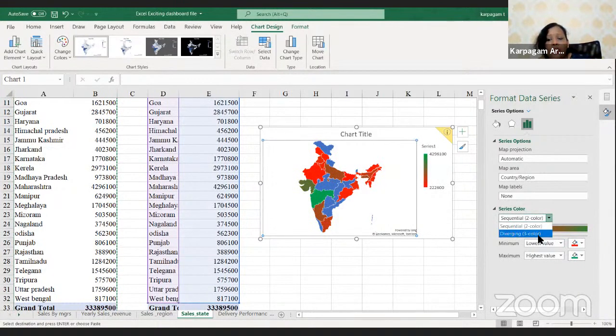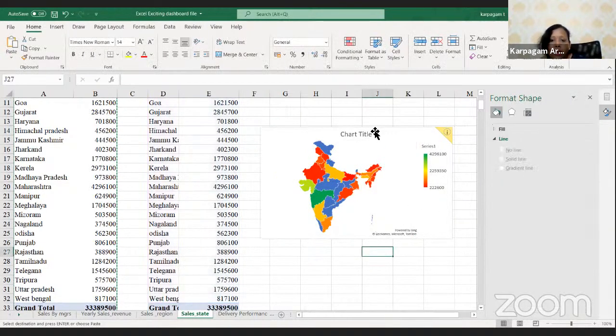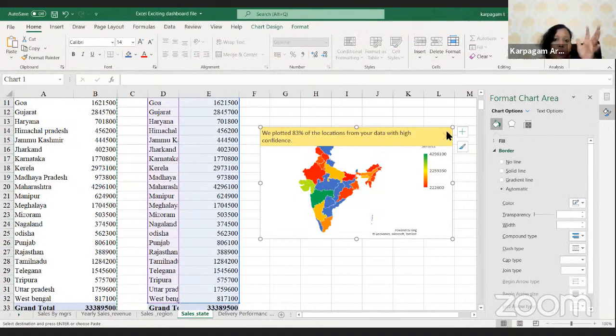When you want to bring in lots of eye for detail, then it's always better to stick to three color data. Now, going back here, one important piece of information I want to show you. When you click on this, it shows 83% confidence. Sometimes you may have 60%. Sometimes you fit in data for Italy, and it does not recognize the data at all. Believe me, even when I started doing this map chart for the Indian map almost a year and a half ago, I was never able to complete it because all the time it kept on showing